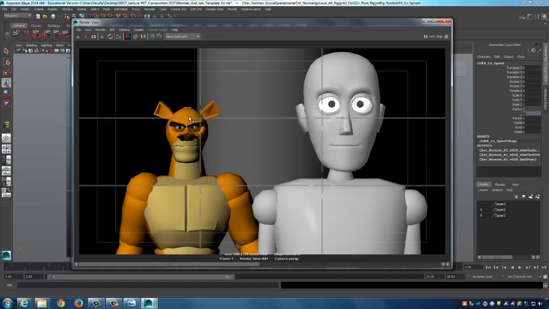Okay, so everything, if you'll notice, is in focus here. So what depth of field is, is basically a real world attribute that we apply to a 3D world to make it seem like it's more real. So in the real world, I could focus on Norman's face, but Leo here in the background would get blurred